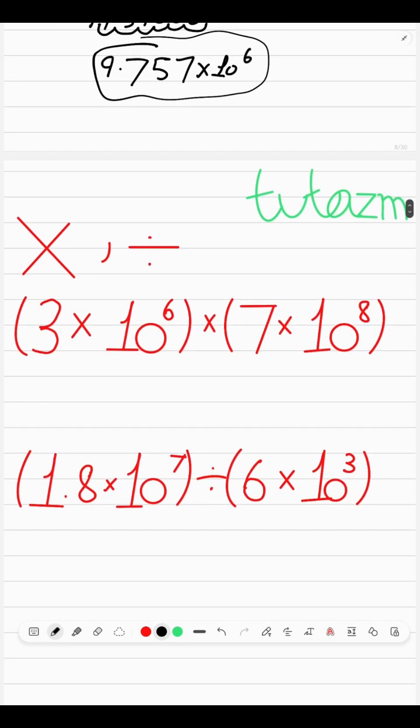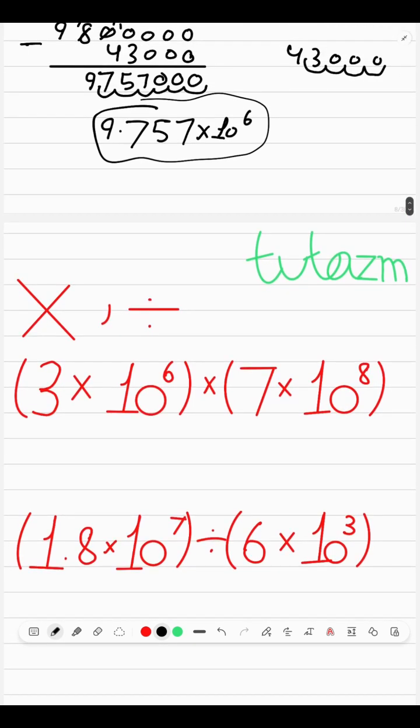Multiplication and division works a bit easier, as you don't have to turn the numbers back into ordinary numbers and then turn them into standard form again. You can just work with standard form straight away. So in this case, because multiplication is commutative, you can just multiply the numbers in whatever order you want. So you'd use 3 times 7 and then times that by 10 to the 6 times 10 to the 8. 3 times 7 is just 21,